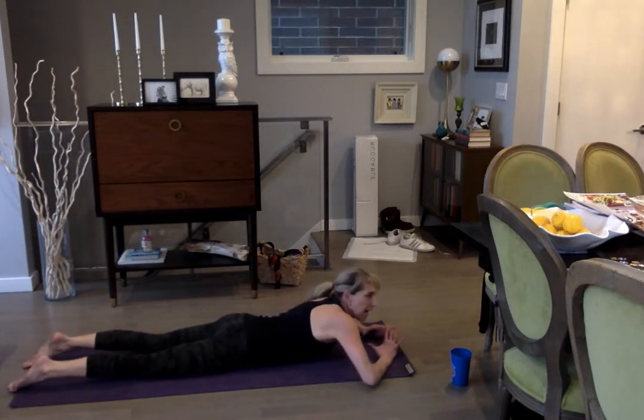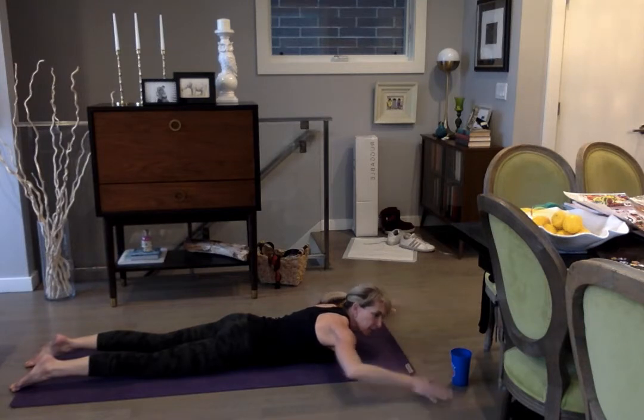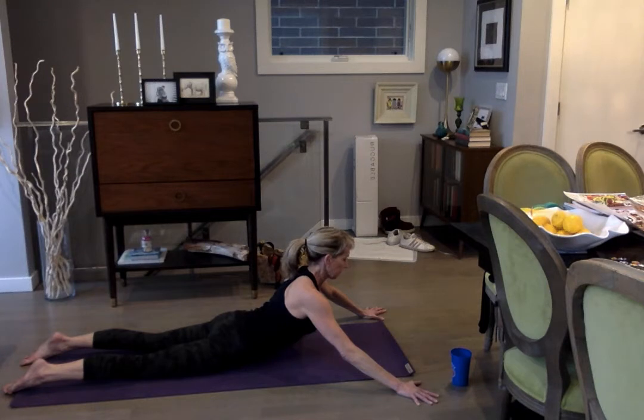It's just a little baby back bend here, basically. I want you to take your hands wide, maybe off of your mat. And then just press up into a cobra type of pose, but you have these long arms in a V. Lengthen your neck. Breathe. If you feel too much pressure or pain in your low back, feel free to back off and come